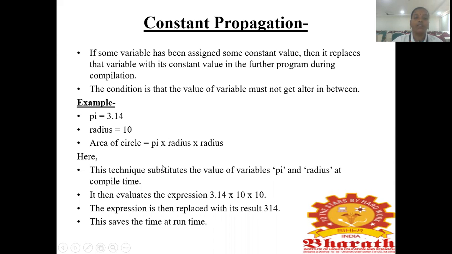I find out the area of a circle: pi into radius into radius. So what is the pi value? That is 3.14, which is built in. So it can be stored for pi value 3.14 in constant folding. The pi value is known at compile time. You search the constant folding, take the value 3.14, and store it in the program to reduce the computation and produce the result of your program. That is constant propagation.